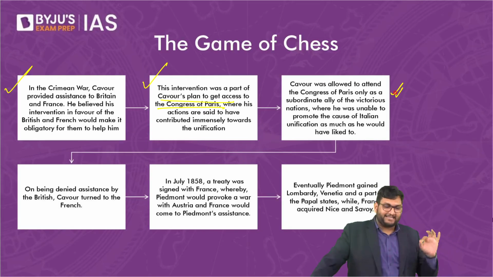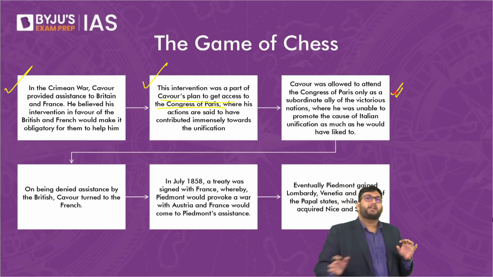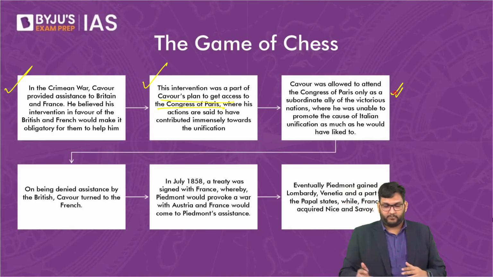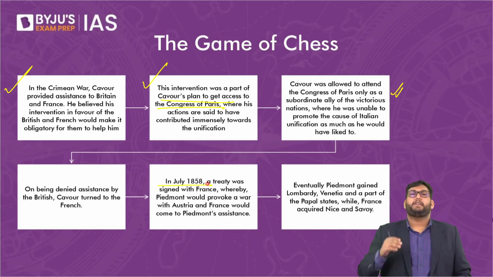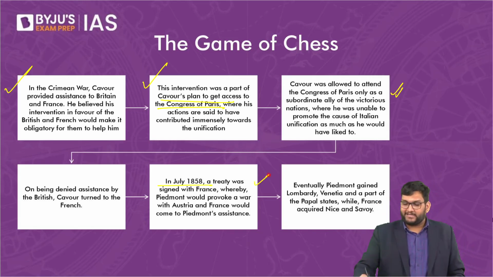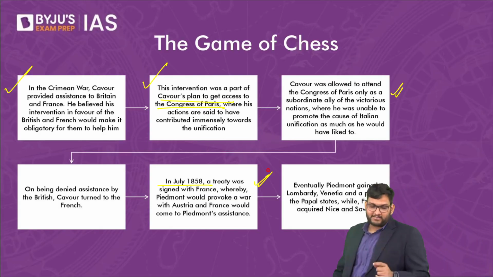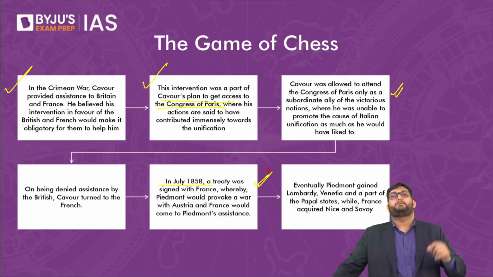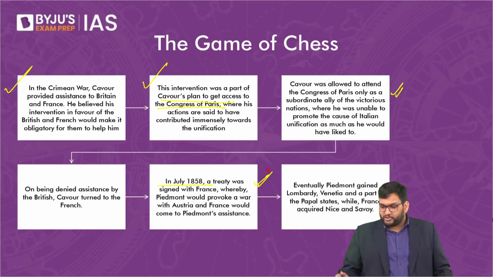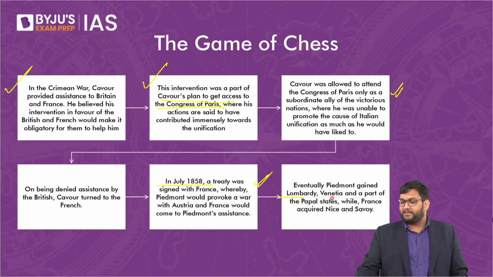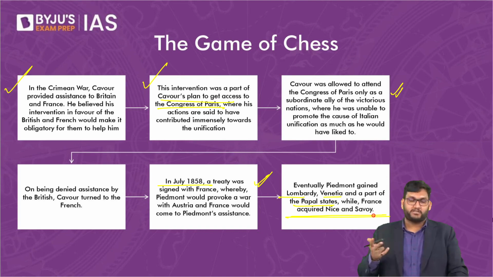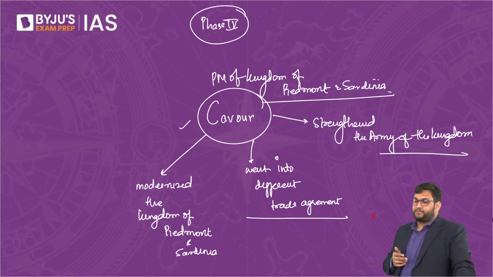On being denied assistance by the British, Cavour turned to the French. In July of 1858, a treaty was signed whereby Piedmont would provoke a war with Austria, and very simply, France would come to Piedmont's assistance. Eventually, he gained Lombardy, Venetia, and parts of the Papal States, while France acquired Nice and Savoy. This is the exchange of power. Thereafter,